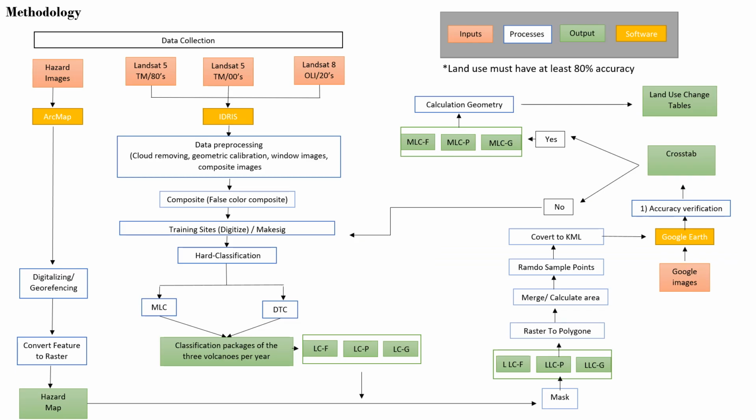The methodology shows the batches of the different periods of time per volcano. We do the land classification using MLC and DTC and all the data processing needed. Then we convert it to polygons. Then we merge it, create areas, sample points, and convert it to Google KML to transport it to Google Earth to do the tabulation. And then we can do the evaluation, selecting which is the best method to use, and then do the land use change analysis.